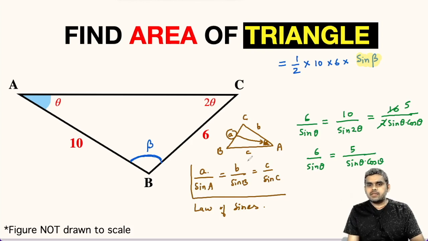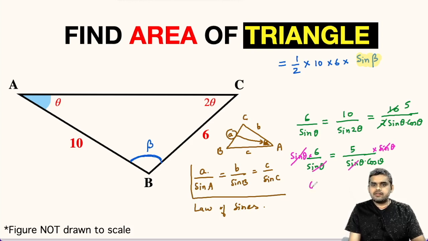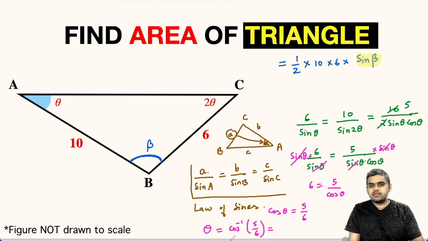Now let us multiply both sides by sine theta. So let us multiply sine theta on left hand side and sine theta on right hand side. So this will cancel and similarly this will cancel. So we will be left with 6 is equal to 5 upon cos of theta, or we can write cos theta is equal to 5 upon 6. From here we can write theta is equal to cos inverse 5 upon 6, and this will be equal to approximately